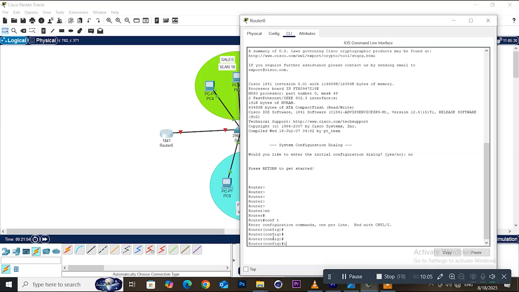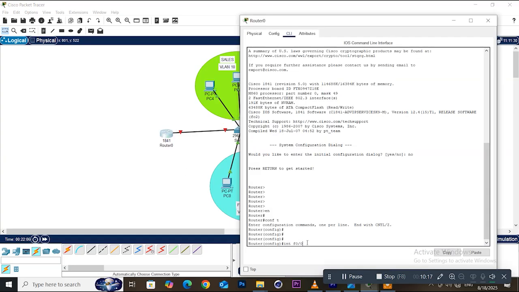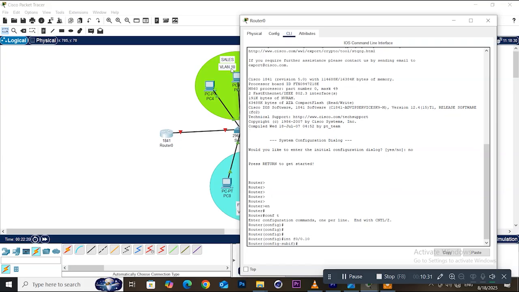So we say interface FastEthernet 0/0.10. This is to identify this sub-interface to this VLAN, or let's say to map this interface to this particular VLAN number. Okay, so we enter, and the next thing we have to do is